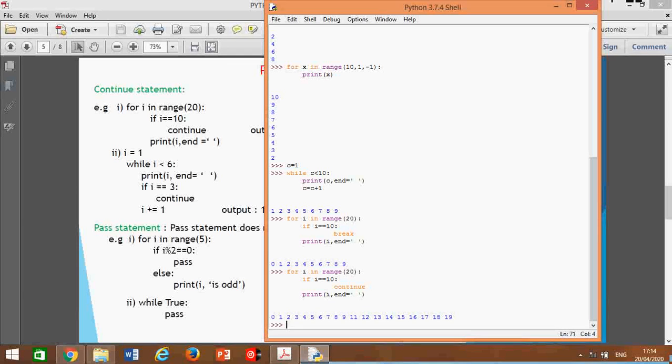then the pass statement. Pass means at a certain point during the loop you want to do nothing. Okay,